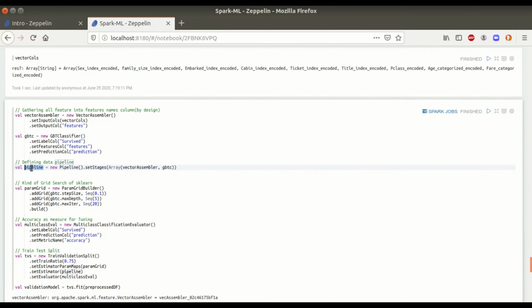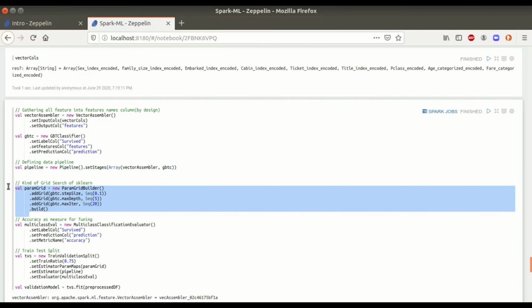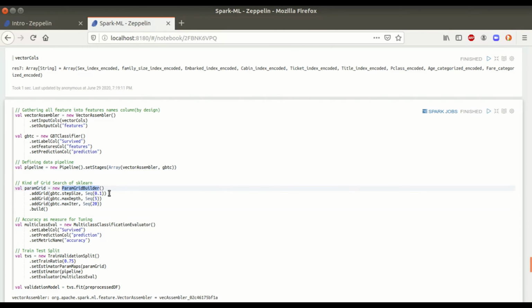Now before applying this machine learning model, what I tried to do here is apply hyperparameter tuning using the ParamGridBuilder class present in Spark, where for this model there are certain parameters. Let's say there is a step size, max step and max iter.